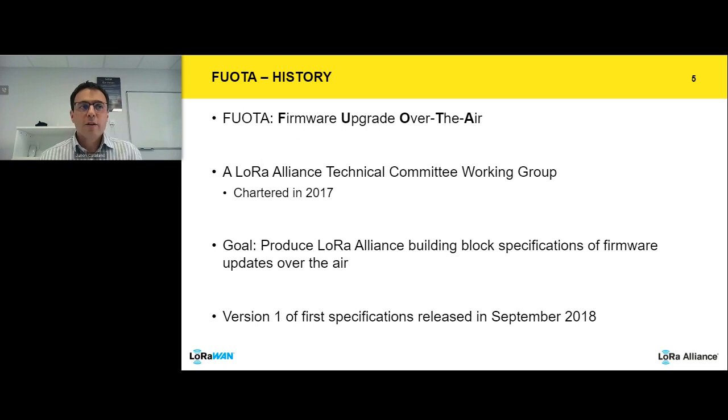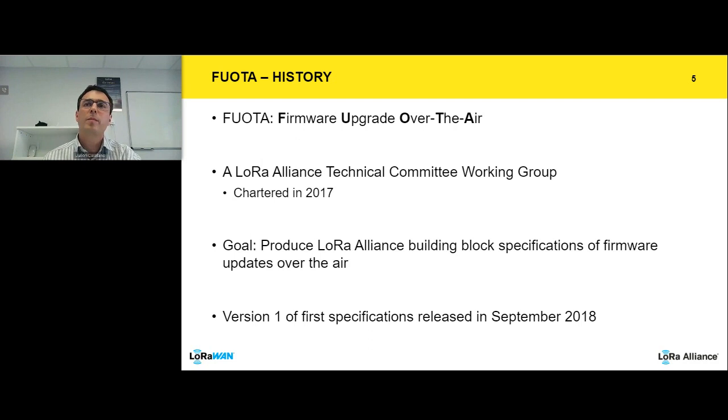As you might remember, we already released in September 2018 the first version of a bunch of specifications, namely 3 of them, and I will present them today because we released last month the new version 2 of those, plus a new edition of other specifications. But first things first,